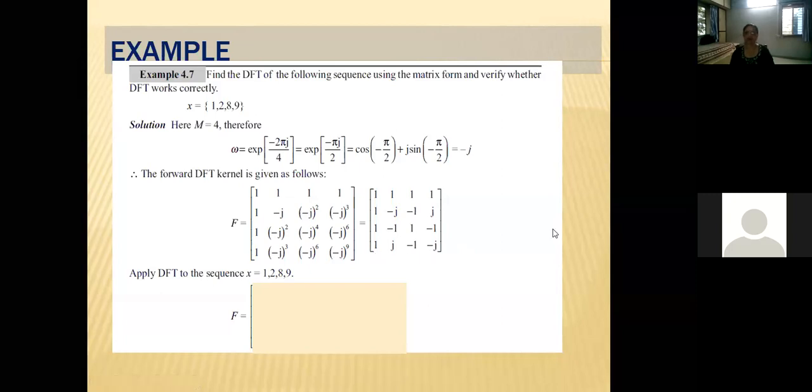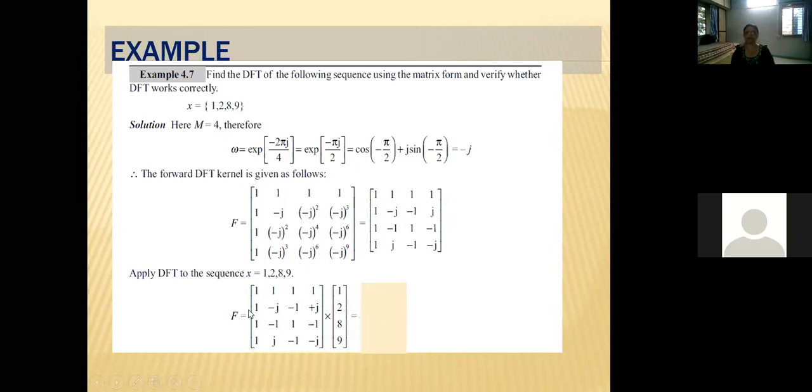Very good. Sharon has answered all the rows correctly. I hope all of you are getting this. So this is your forward transform coefficient matrix when capital N is 4, or when the input vector size is 4. Now we simply have to use the matrix multiplication method.